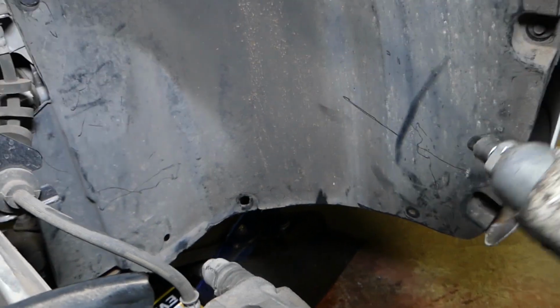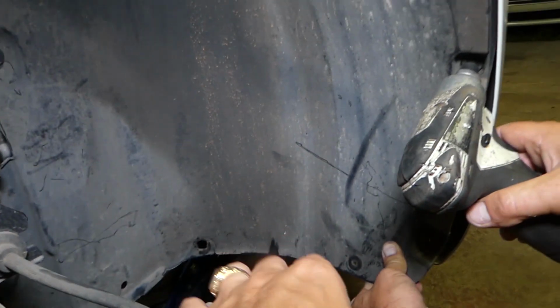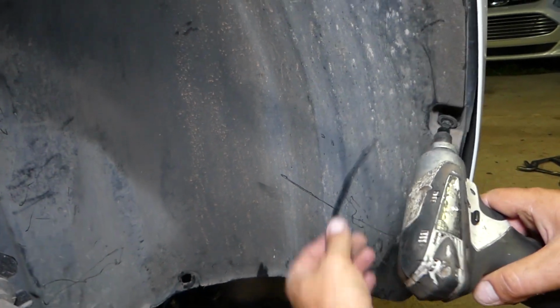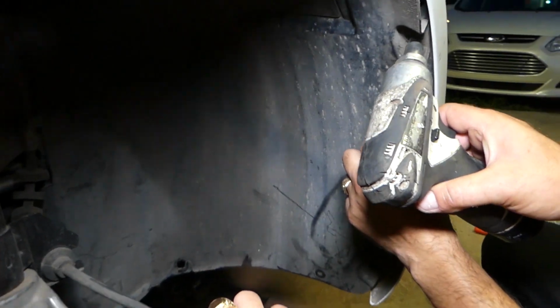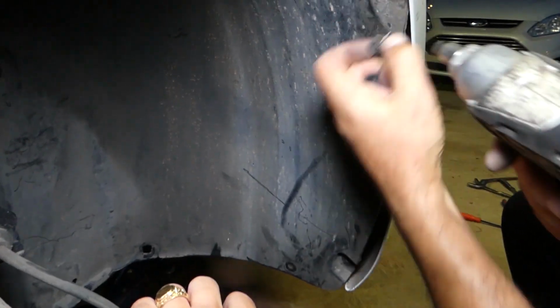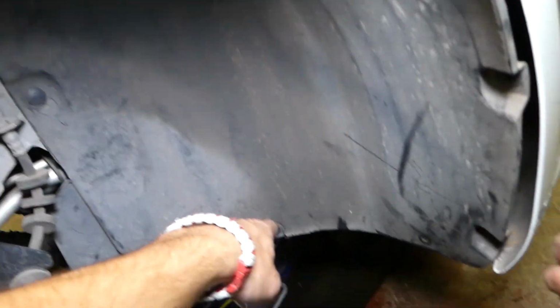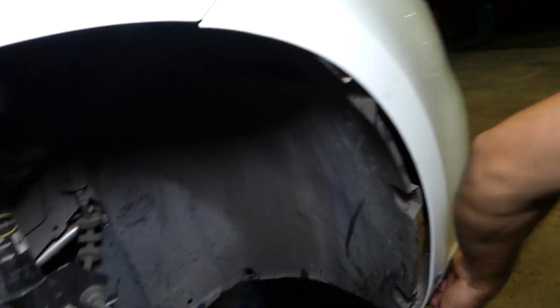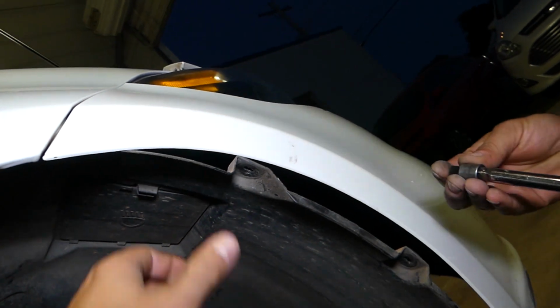So now, right here you're supposed to have 2 more clips on the bottom. We are missing those. We'll get an 8mm socket and remove a couple of bolts. You're supposed to have 3 of those bolts, and 1 on the bottom. Ours is missing that. So you have 2 more clips to remove on the bottom, and these 3 bolts with 8mm you will need to do on the left side of the vehicle as well. Now right here, when you open the fender liner,